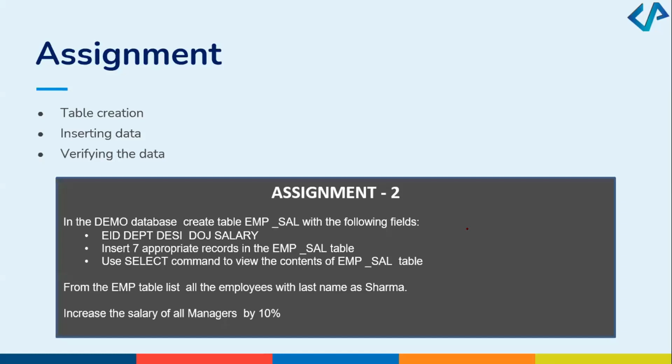Create table EMP_salary. Okay. So create table EMP. Very good, Kunal, very well done. Create table, give the name of the table, column 1, data type, column 2. So I'm going to say create table EMP_salary. Column 1 is EID. What is the EID? It is an integer number, so you will take the data type int.